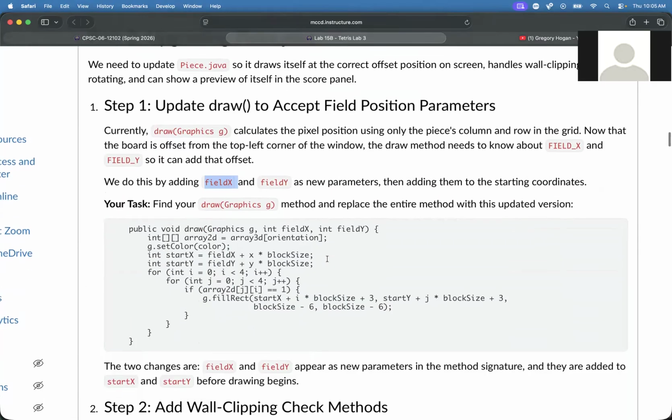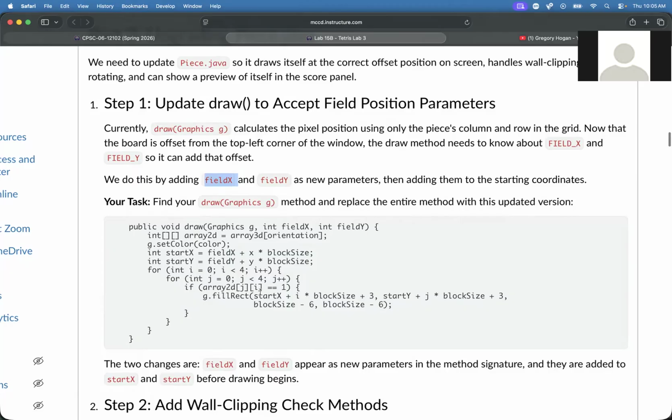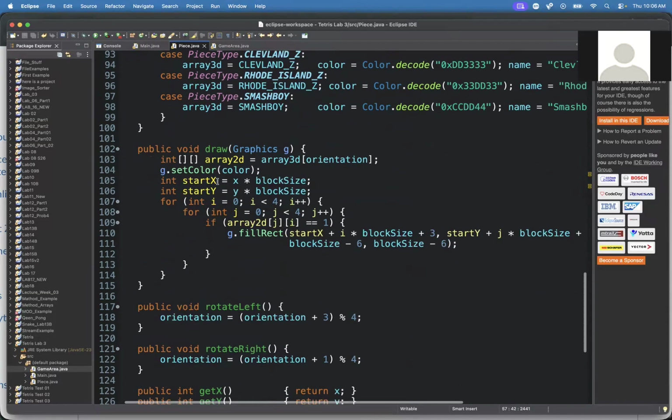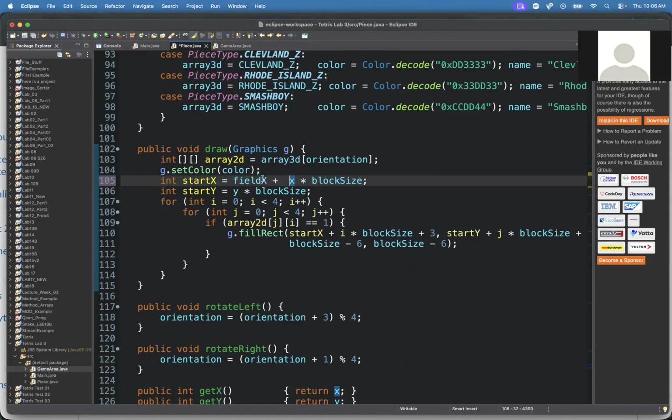Having said that, now we need a new drawing function, which again, the only real change is that we're changing the start x value here. So if we find the draw function here, and it says int start x equals, we just want to add this offset, and the same thing for the y. And if we did this right and we run this,